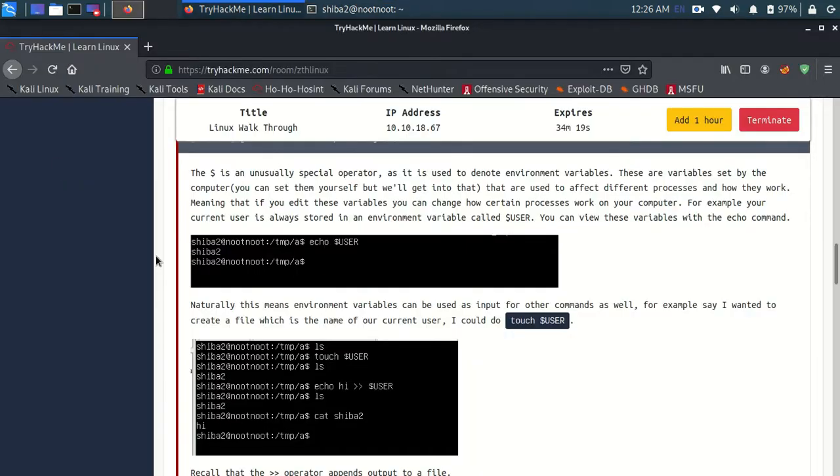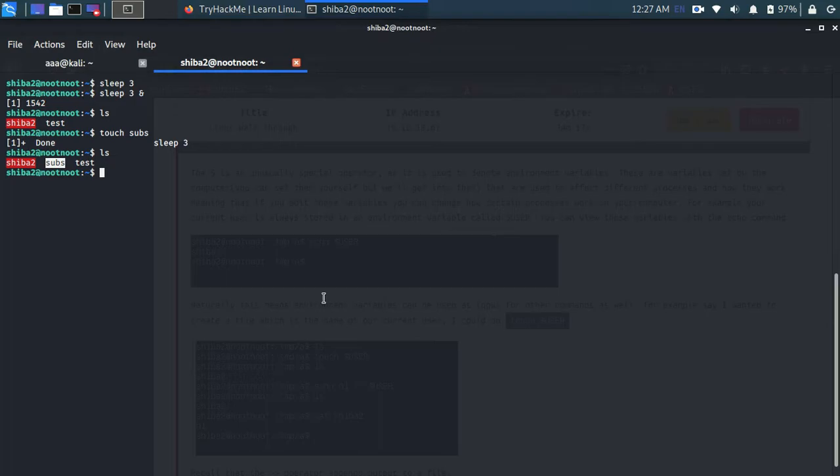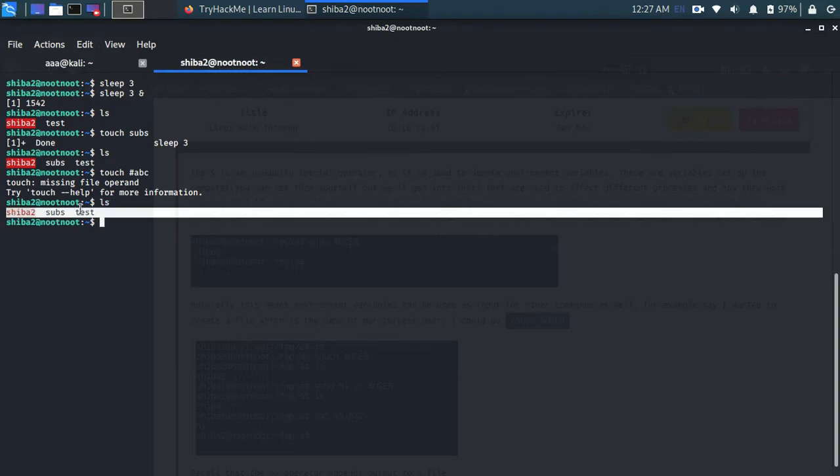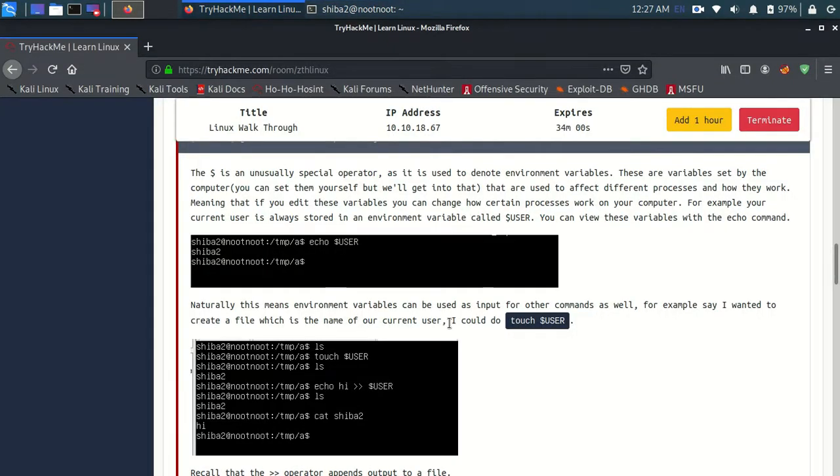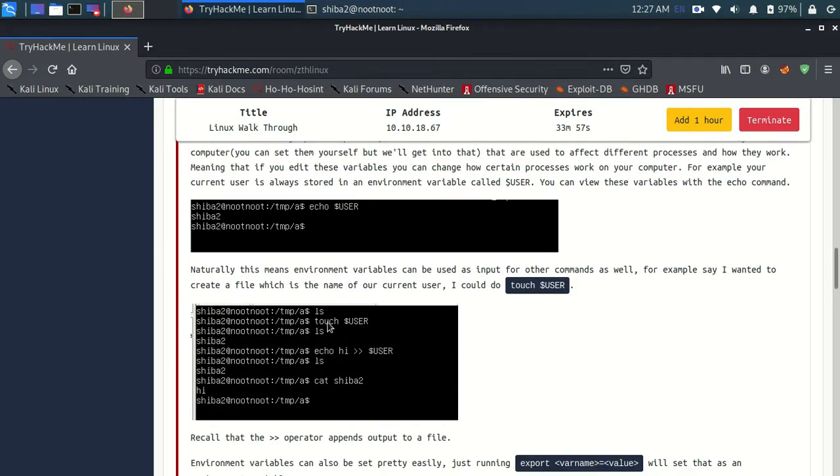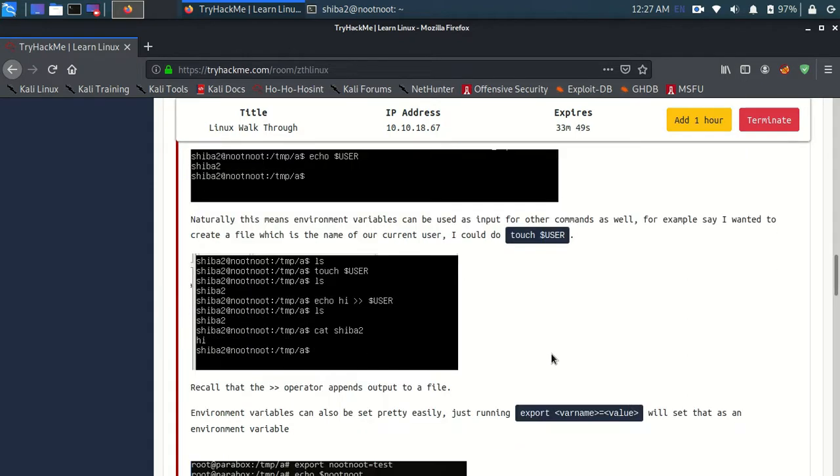But when I create an environment variable, ABC, then you won't see this in here because this thing is an environment variable. As you can see over here, we created touch user and you can't see user, but you can give the output hi to the user and cat that. Okay, I'll just explain this one.